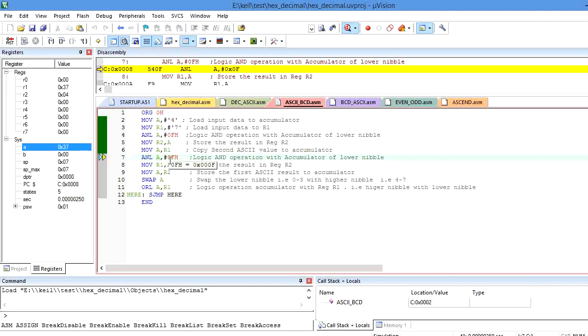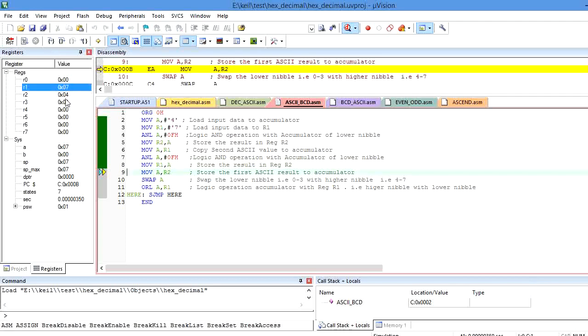If I perform logical AND of 37 with 0F, it will store 07 in the accumulator. So I stored 7 in the accumulator. Now I will copy the accumulator content to the R1 register by using MOV R1, A.